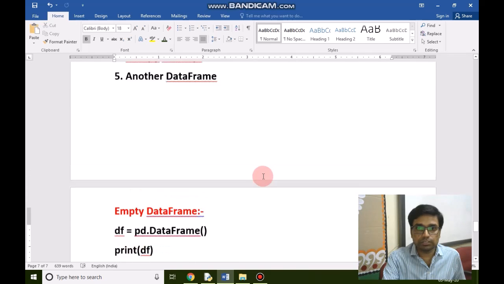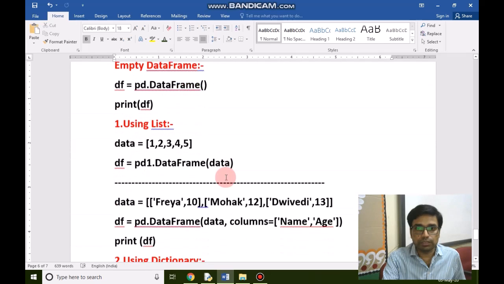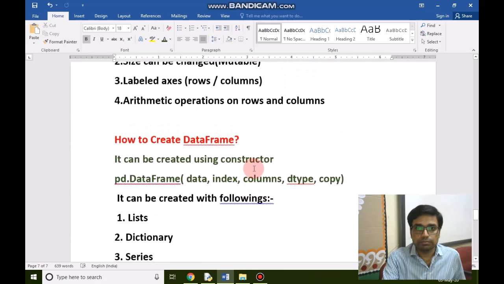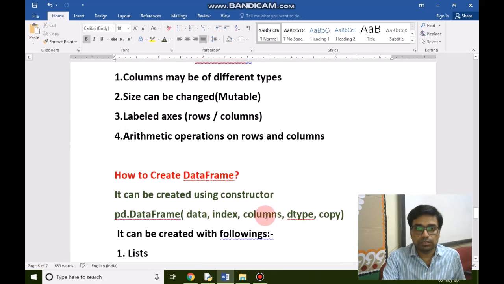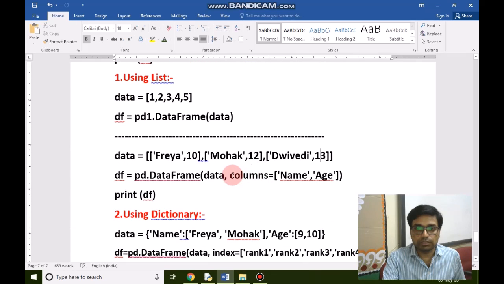In the syntax of creation of a DataFrame, we have given here index is another argument, so we are giving here columns. Please take care when you are typing, there should be no spelling mistake, so it is columns.